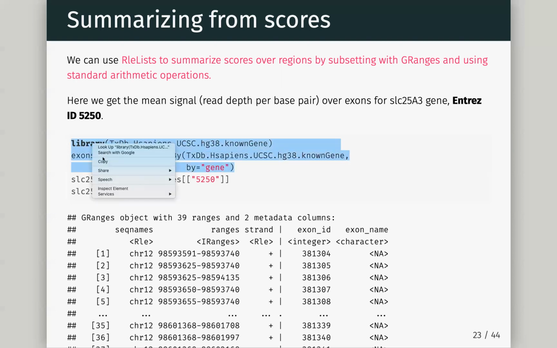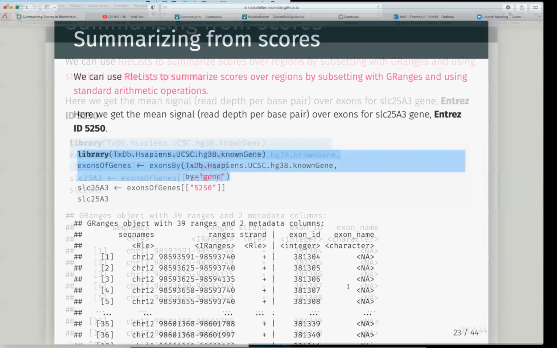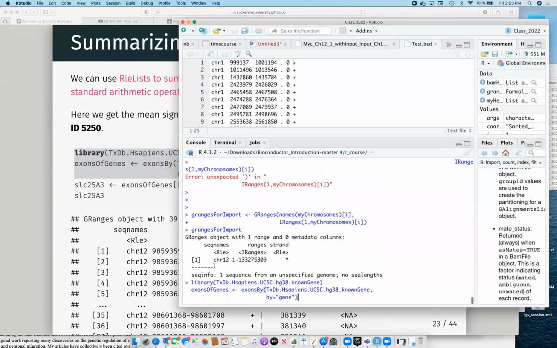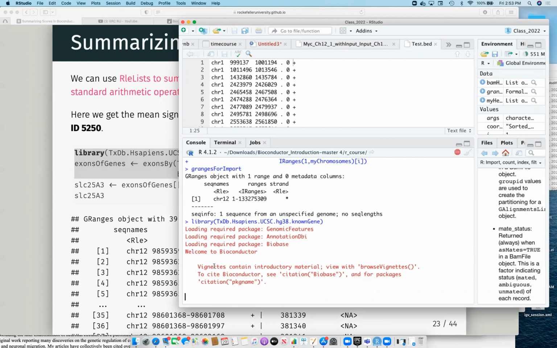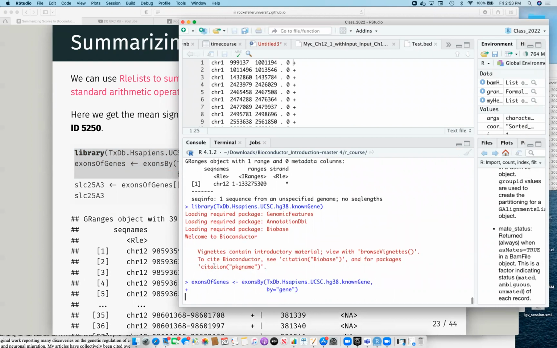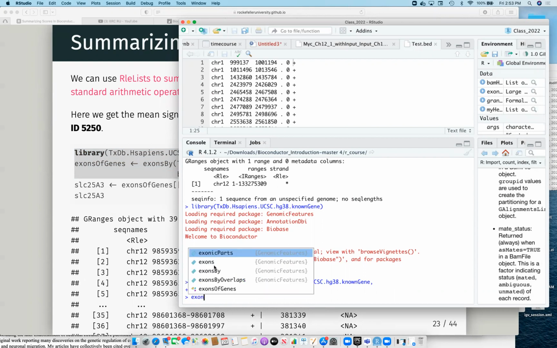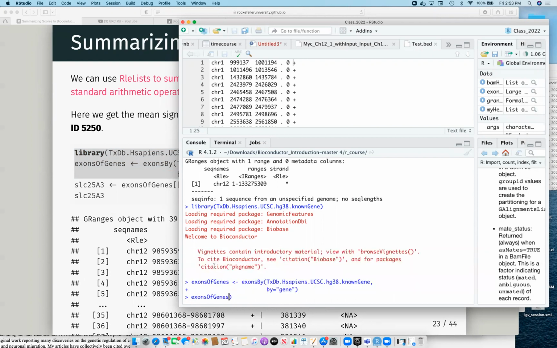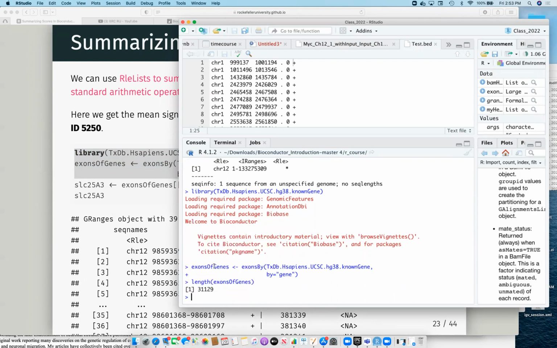Let's run this in the actual RStudio. It takes 3 seconds to load the library. It takes a second to do exons. Okay, so then I should get exons of genes. I should have around 31,000 entries, because I have 31,000 genes within this particular genome. And if I was just to look at the first one, exons of genes,